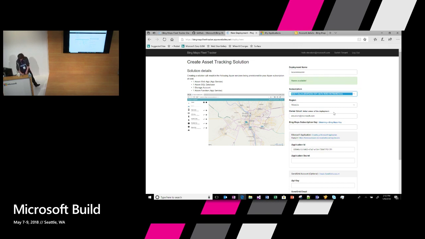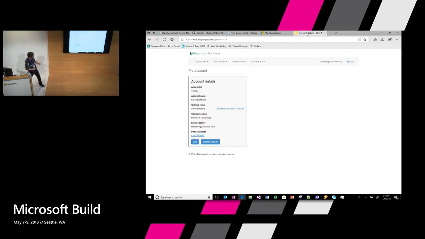I have to give it a Bing Maps subscription key. Many of you probably have a Bing Maps key already, but if not, it's free to get one, and you just come over to bingmapsportal.com, and that's where you sign in with your Microsoft account and grab a developer key. There's no charge to do so. You get 125,000 transactions per year at no charge, and you'll plug that key in